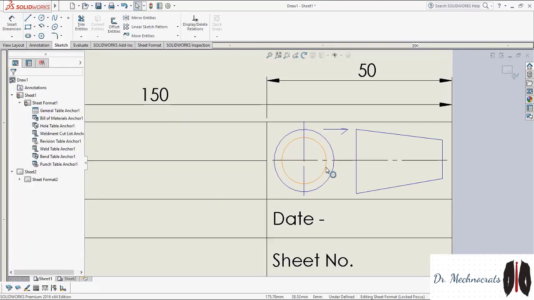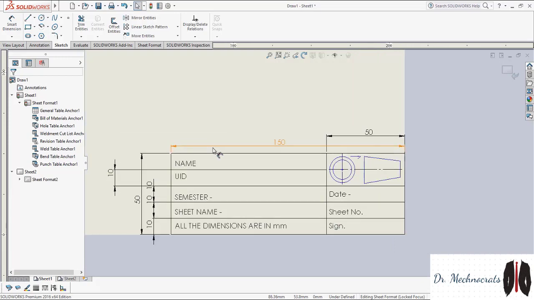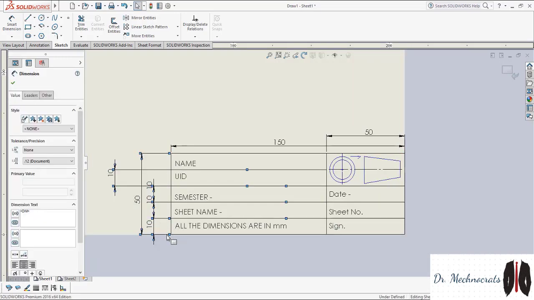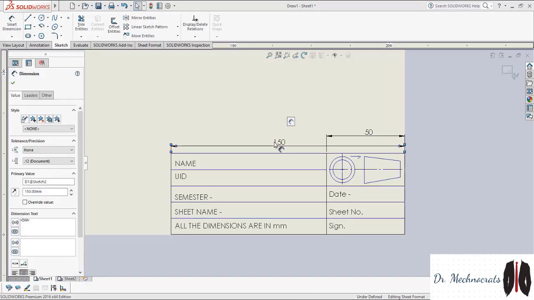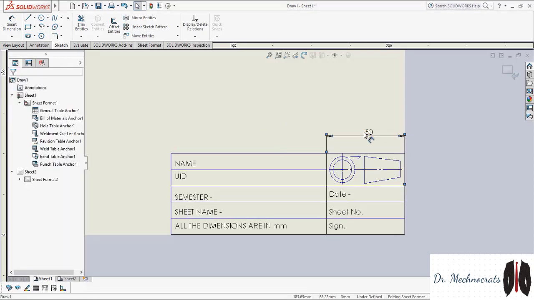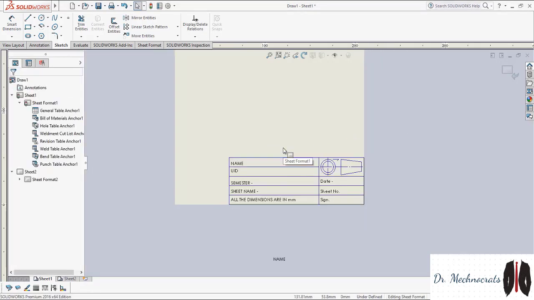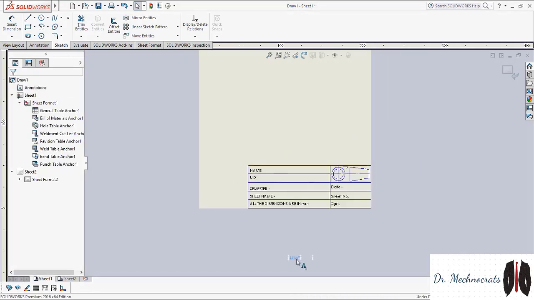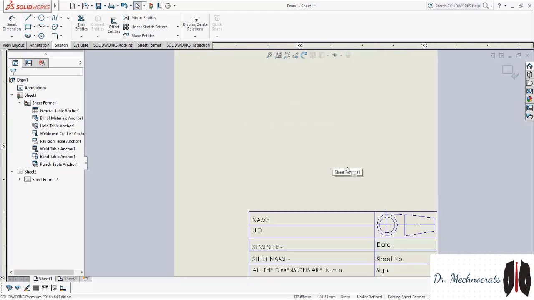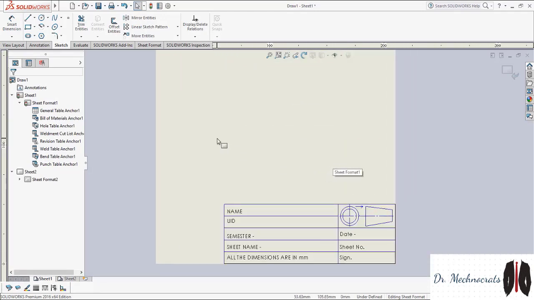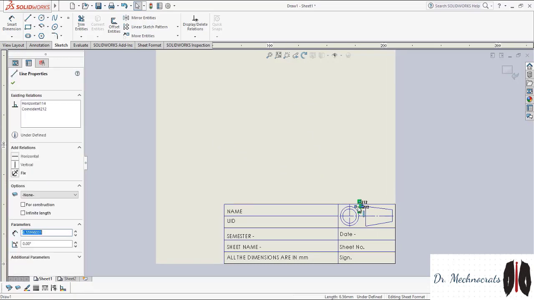So students, this is the title box which you all have to make during the first lecture. Right, delete this arrow.